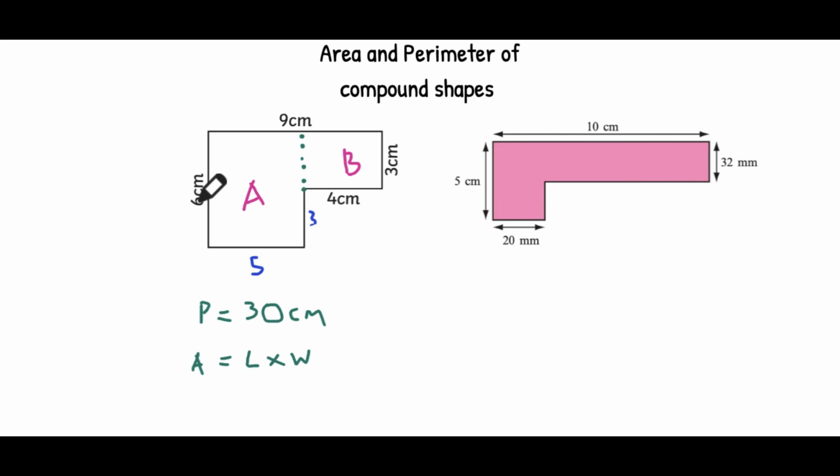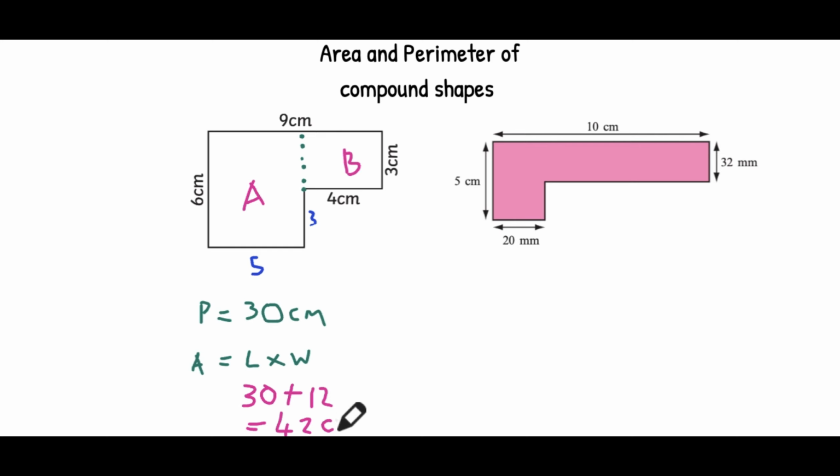So 6 times 5 is 30. Okay, we put that aside. Then we're gonna add it, because this is a compound shape, stacked together or side by side. We're also gonna find the area of rectangle B, which has a length of 4 and a width of 3. So 4 times 3, that's 12. All right, cool. Then our total area is just gonna be 42